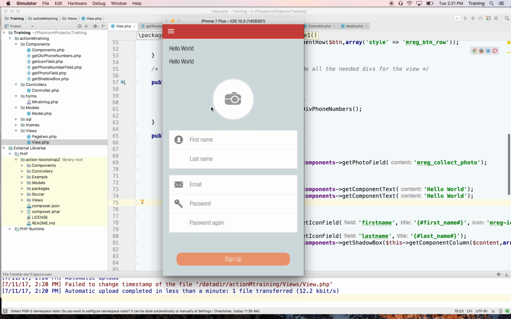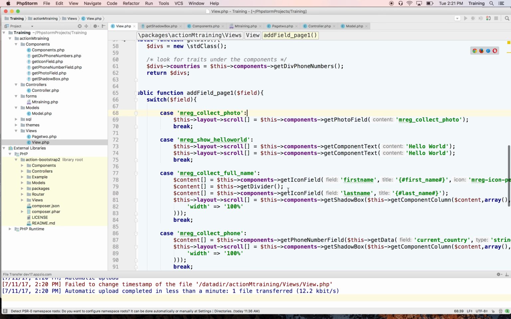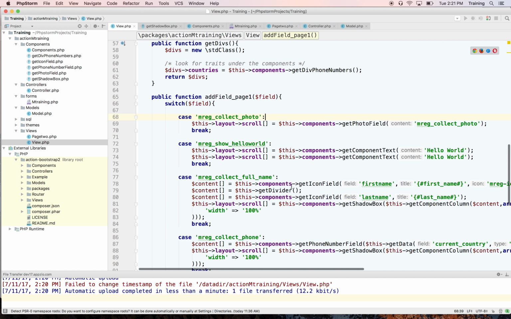Let's have a quick peek at the components. You'll notice here on the view code that the fields, for example, we use a method called getIconField, and this icon field is a component used by the action. If we open that,